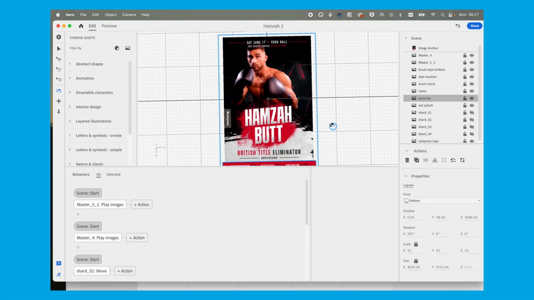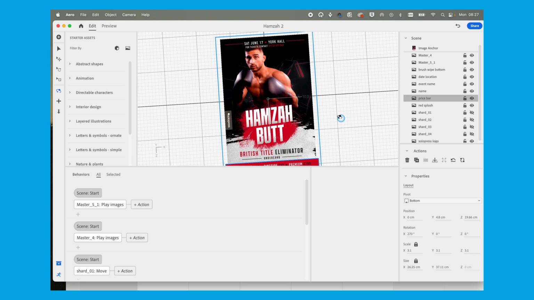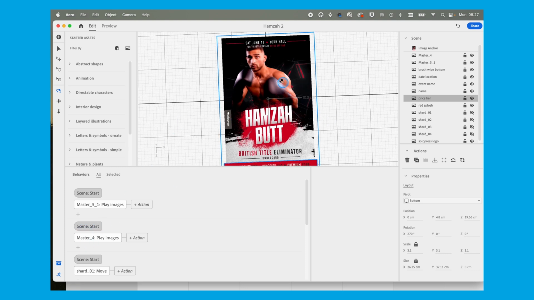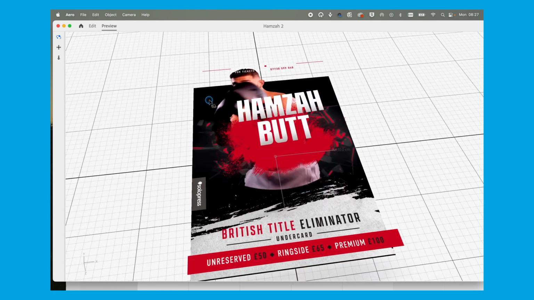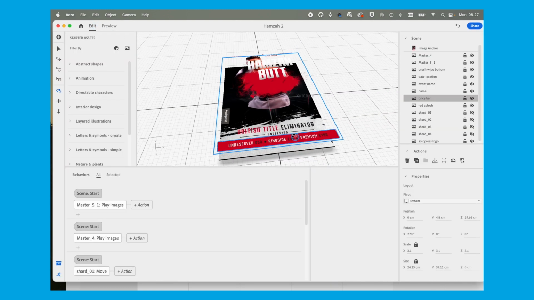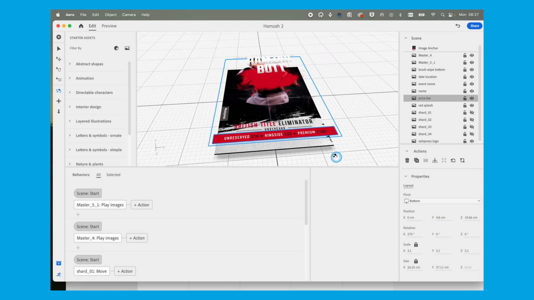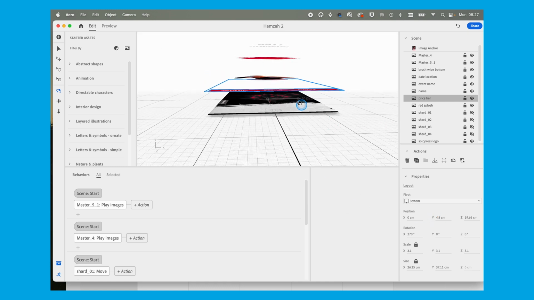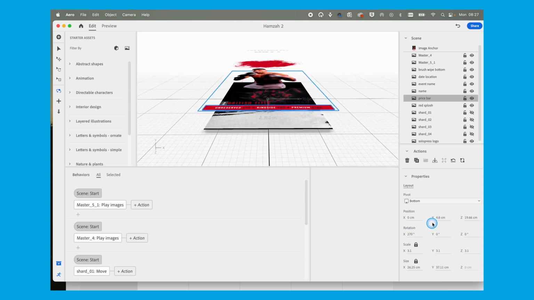So, fast forward, and I've basically added everything in the same way. I've added the trigger to Hamza boxing, and all the still images you don't need to add a trigger because obviously they're just there. But I will just show this when you're positioning: you'll notice that some of the objects come out further from the poster than others, and that's just changing this Y position up here. So I'll give you an example there with that red tab.